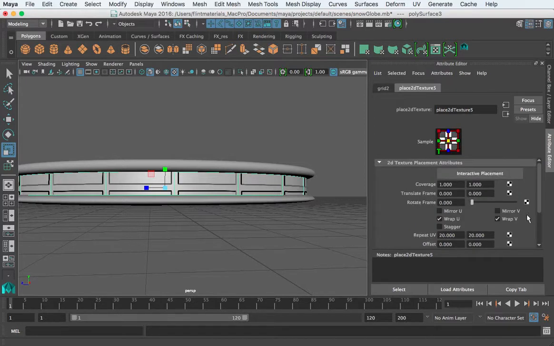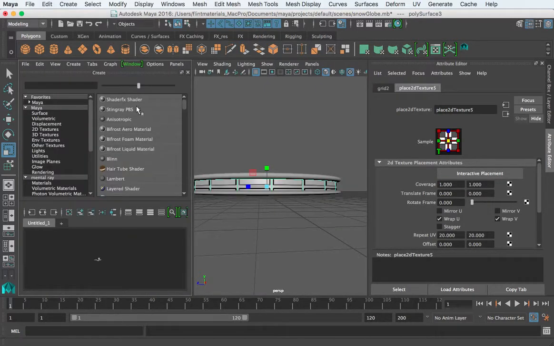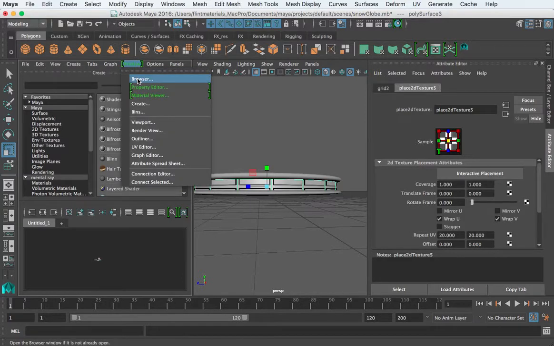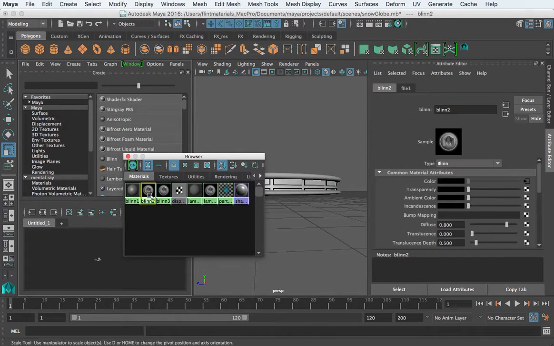So we're going to go to the grid, and you know what, I don't think I want to do this with a grid. I think I want to go ahead and do this with a cloth texture. So I'm going to go to the Hypershade and go to the browser and find that blend. I think it's blend 3. Call this band matte,